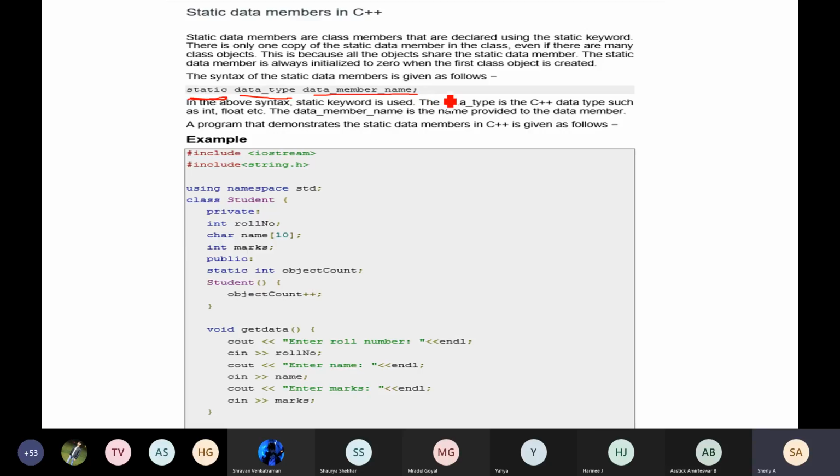So what is the use of the static keyword? When you create a static data member, only one copy of the static data member will be there in the class. Because all the objects will be sharing the same static data member, only one data member will be there. If you give it as static, it will be shared by all the objects. So here, if you see